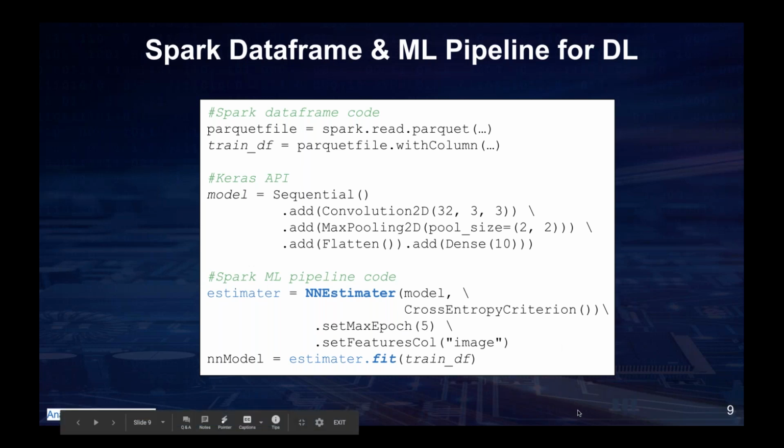That helps the user create a complex analytics system, which can integrate the MLlib pipeline and other Spark workflows. So in this pipeline, you can do machine learning, deep learning, and other processing together. Next slide.